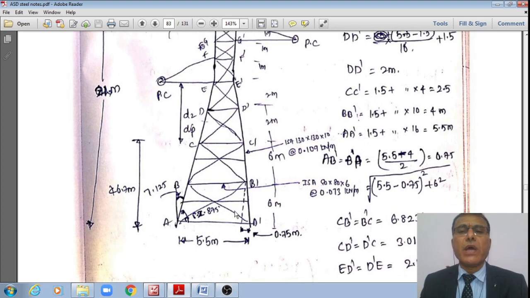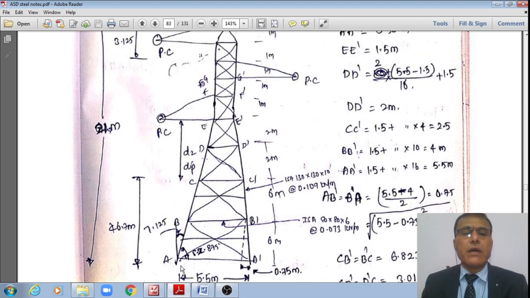1.5. Therefore, now I'll say these are the different points. That is how A, or diagonal. These are the 4 column legs, 2 are seen, 2 are on the back side. And this is how the horizontals, all the horizontals, and so on and so forth. And all these are the diagonals.